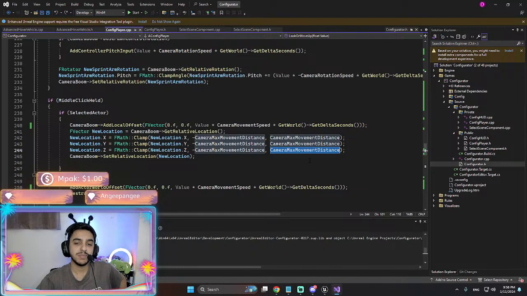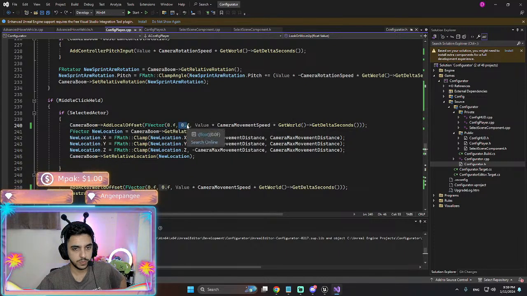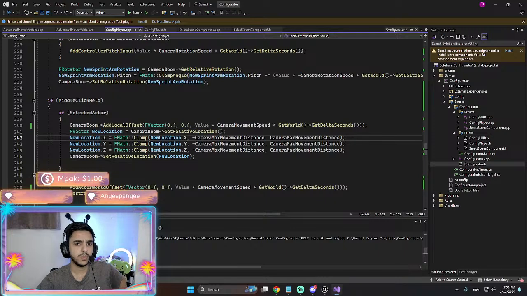Camera, max movement, distance, these are okay. But somehow it's not working. What if I remove this?